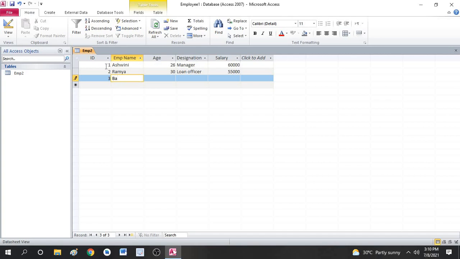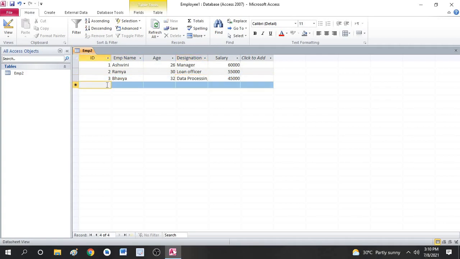Next, Bhavya. Let the age be 32. Data processing officer. Let the salary be 45,000.